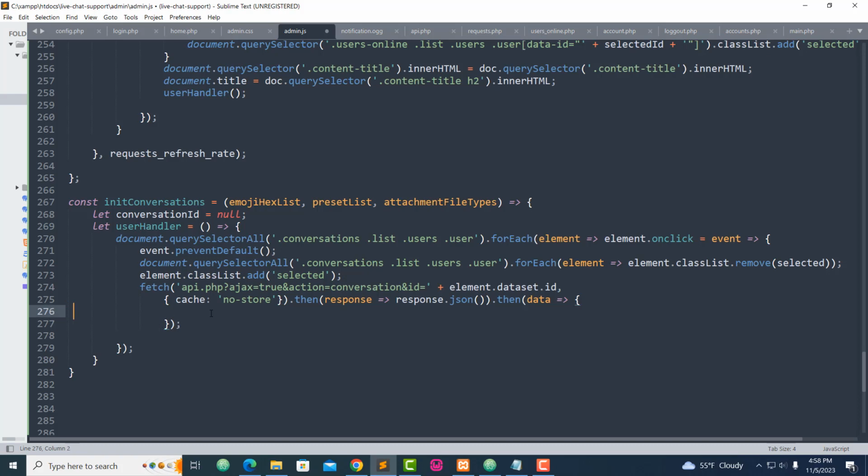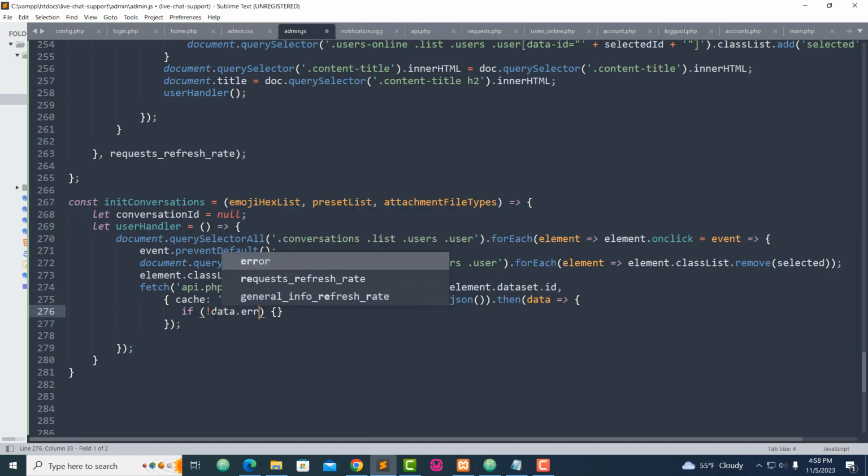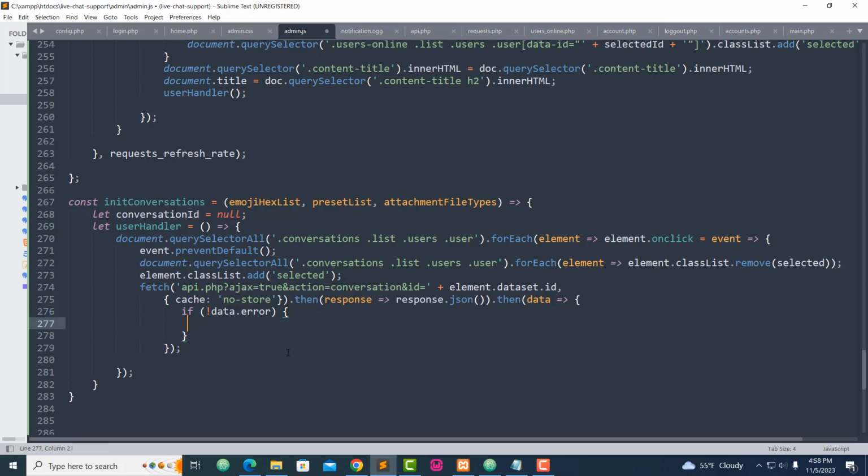We don't have to forget about it. We don't want to forget. Okay, and now this is where I'm going to create my data error. If there is no data error, okay, and